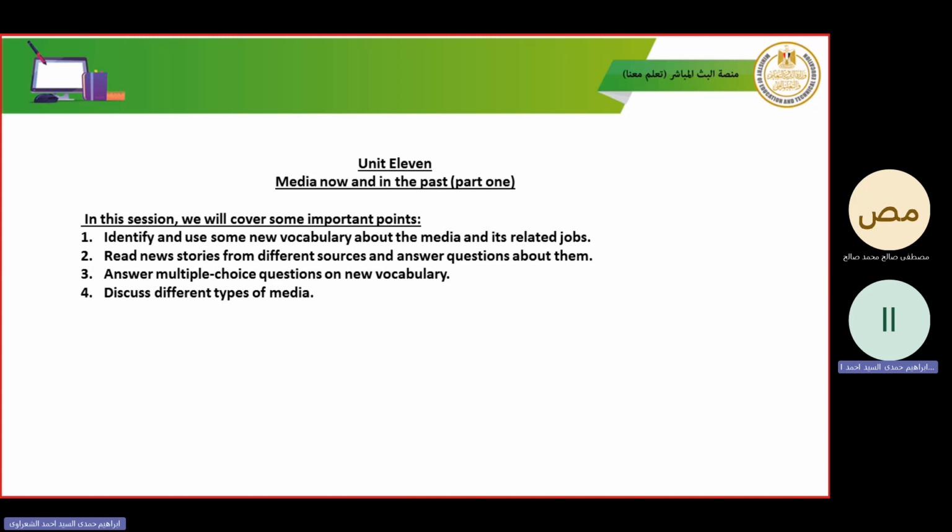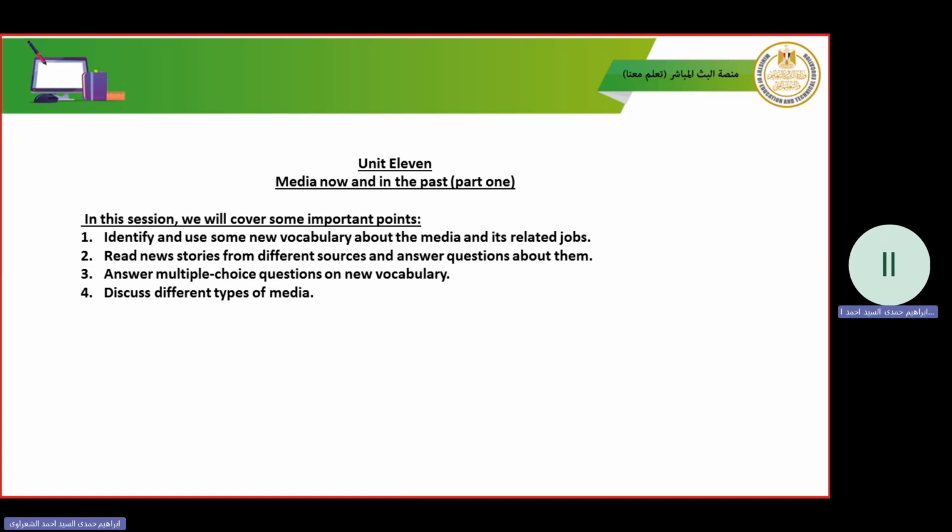طيب, in this session we will cover some important points. أول point هتكون identifying and using some new vocabulary about the media and its related jobs. زي ما انتم شايفين the topic in this unit is completely different from the previous topics. يعني I think in the first 3 units in this term هو unit 7, 8 and 9 covered